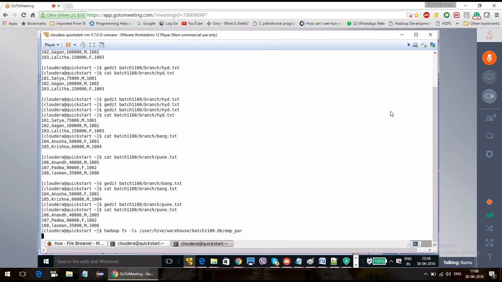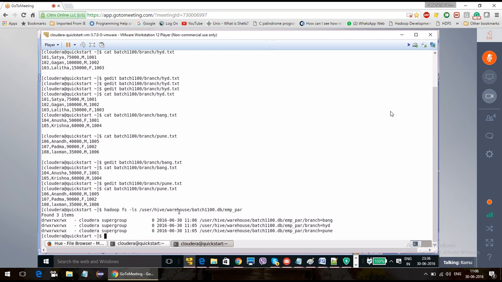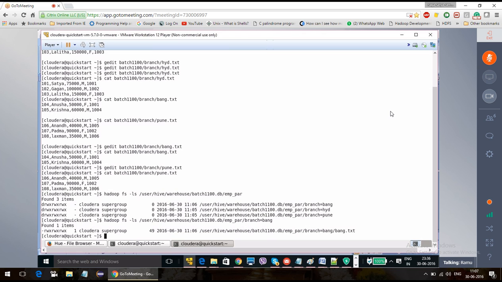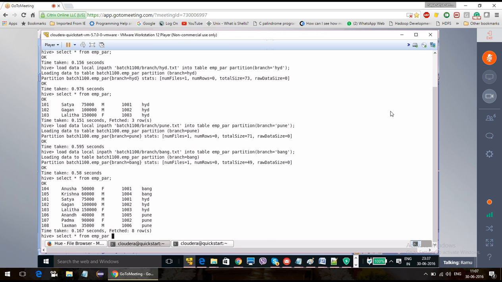You observe that for each load it is creating one directory, and inside each one, only that branch's file is there. It contains some data. It is a very simple table, so we are getting the data quickly.